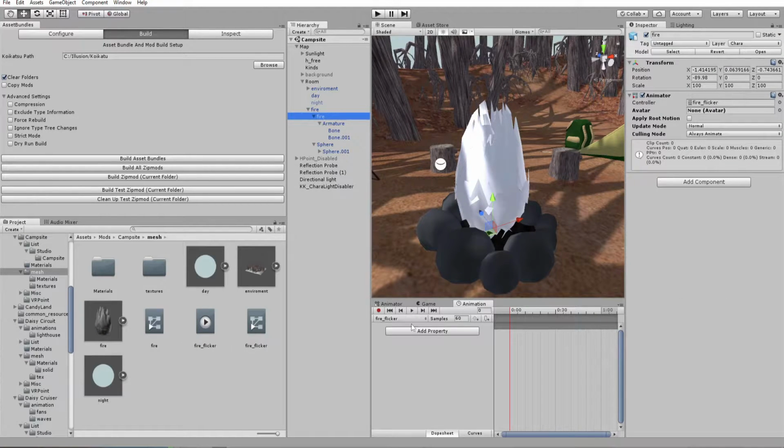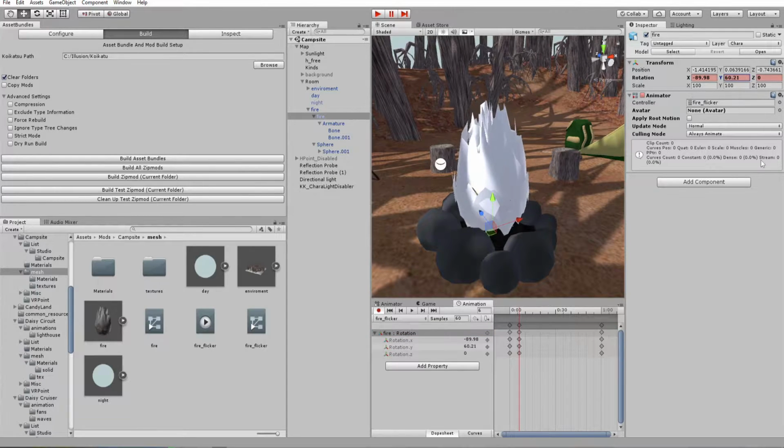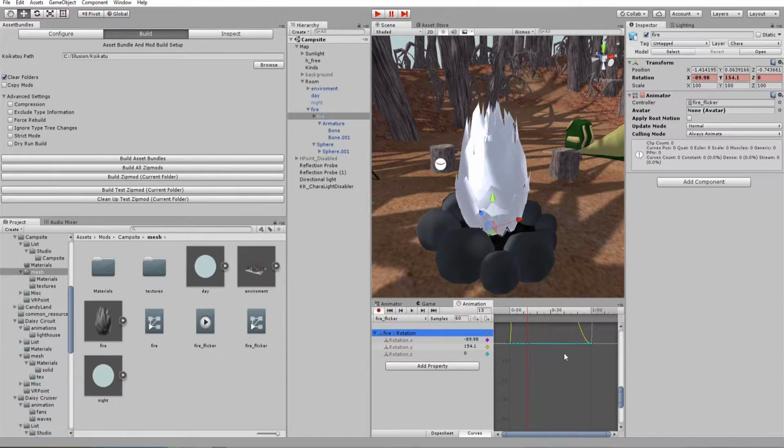the object selected. Click Add Property, Transform, and what I want to do is change the rotation. And so what that will allow is, if we take this Y direction and just change it to different random values over the course of time. And what we want to do is make sure that these are set to,